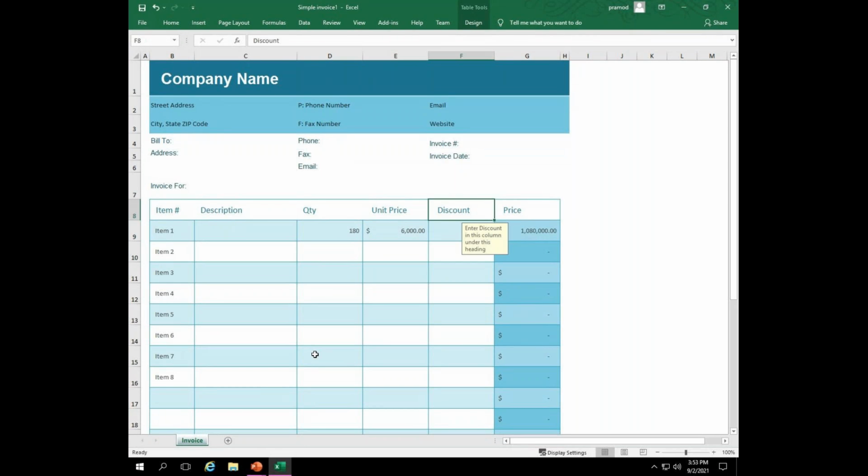How much of the amount here do we have? 10,80,000. So 10 lakh 80,000 I have. Correct. How many digits? 7. So the limit I'll be giving as 7. 1, 2, 3, 4, 5, 6, 7.